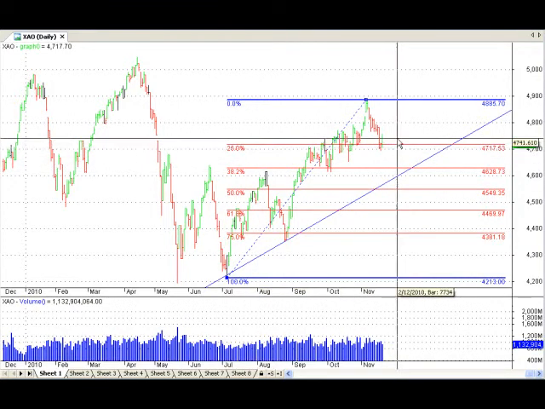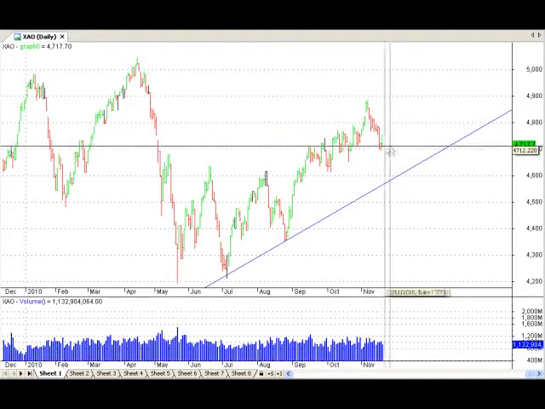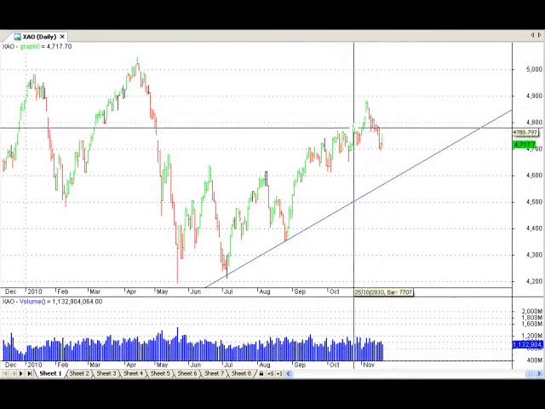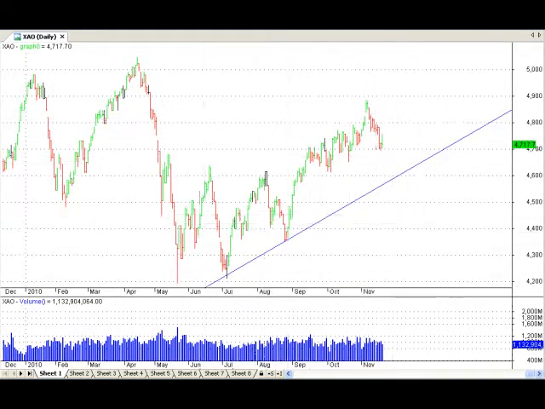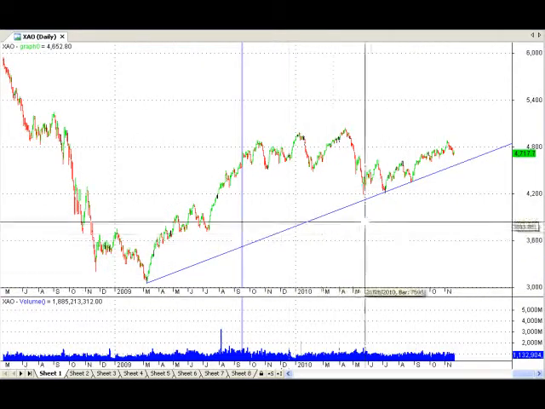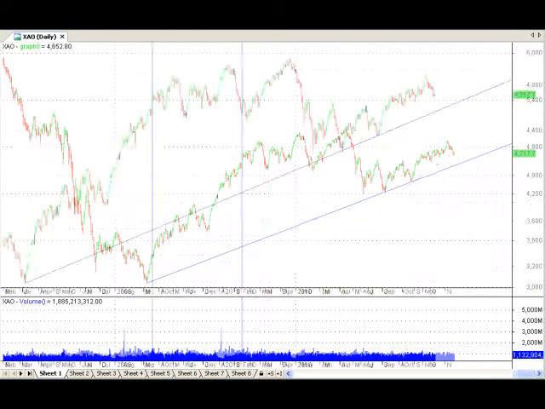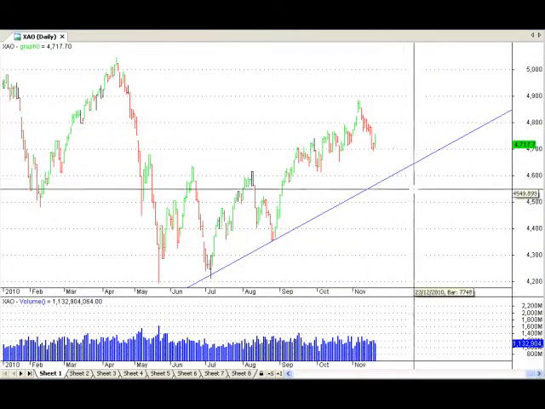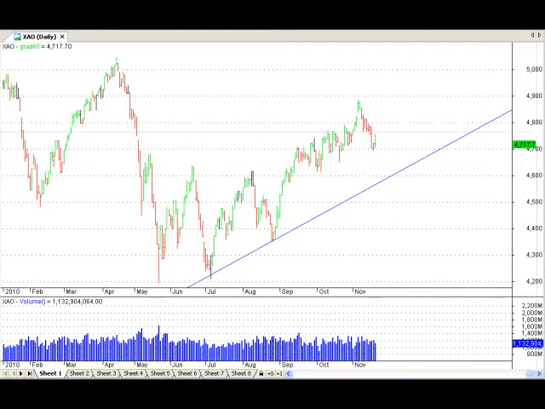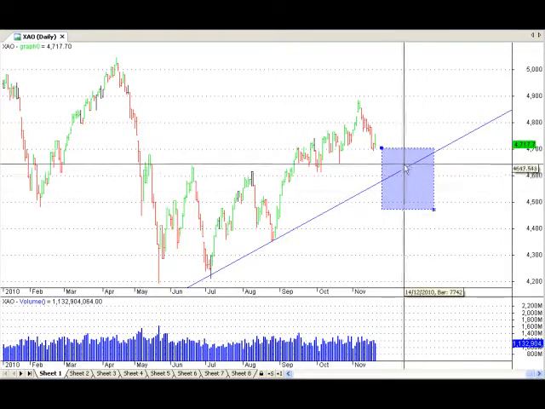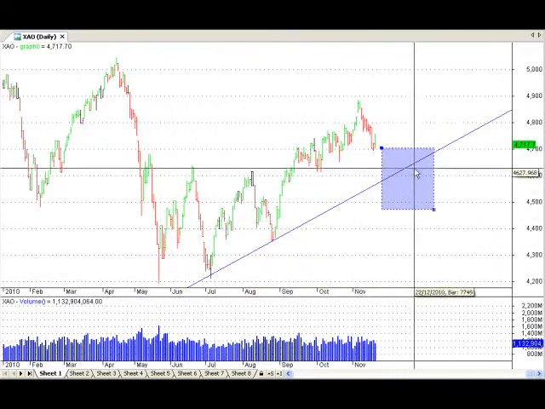Now, if that makes no sense to you whatsoever, just take my word for that one, as your wave 4 will typically move in a sideways fashion, and that's potentially what we're seeing now. Obviously, we've still got a long-term uptrend as well, and what happens at uptrends? The price finds support in the future at your uptrends. So as you can see, we had the bottom through to today, and if I could draw the tool properly, there we go, there's a beautiful box right there. There's the area where we might find support in the future for the All Ordinaries, based on the longer term uptrend line as well.